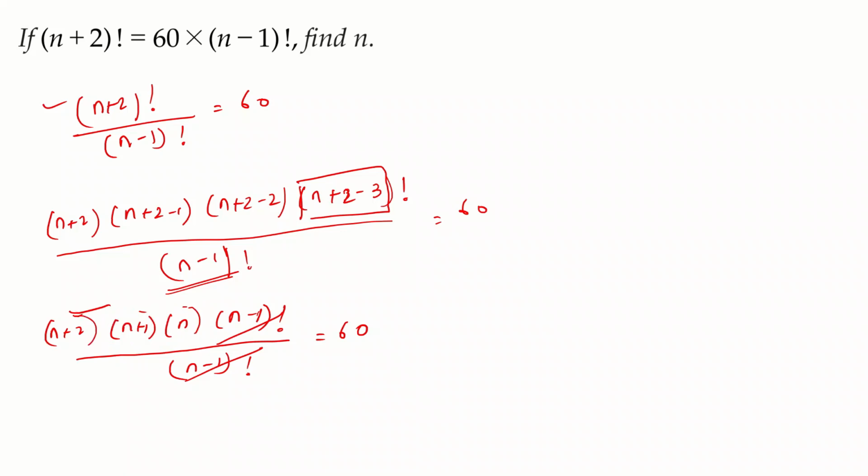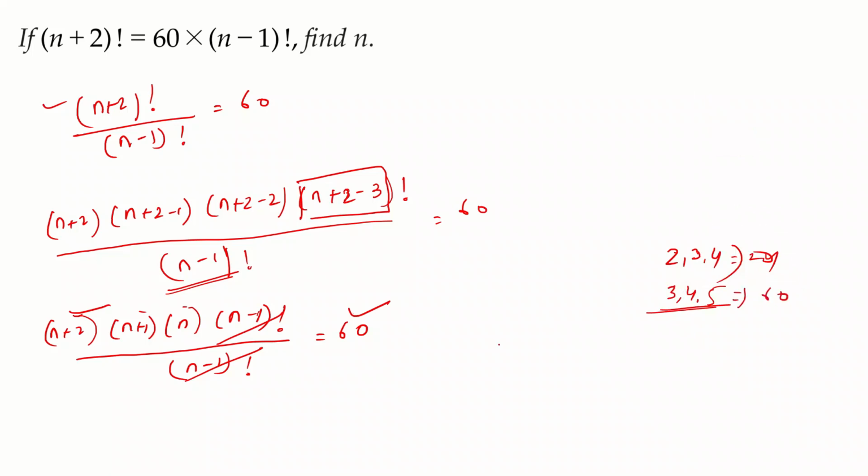And now you just have to find out three numbers which are consecutive and whose product gives you 60. So let's try with smaller numbers, like are 2, 3 and 4 satisfying this? So 2 times 3 times 4 is 2 times 3 is 6 times 4 is 24. So this is not equal to 60. So let's try with one more set like 3, 4 and 5. So what do you get on multiplying these? 4 times 3 is 12 times 5 gives us 60.